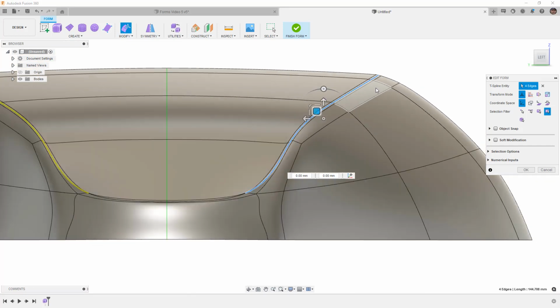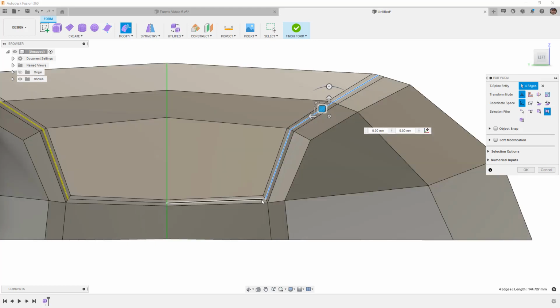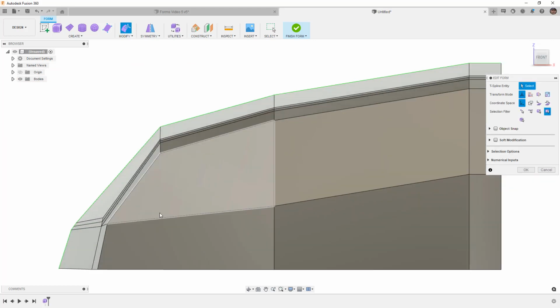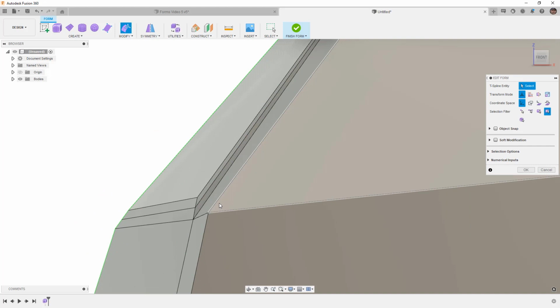Again, going back and forth between smooth display will help. So you can see that looks pretty good here, but it kind of falls apart back here. So we need to spend some time making sure that this works. We'll do that from a side view, double click the middle mouse wheel, and what we need to do is